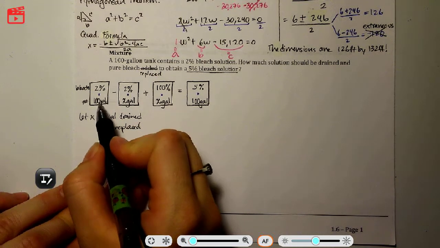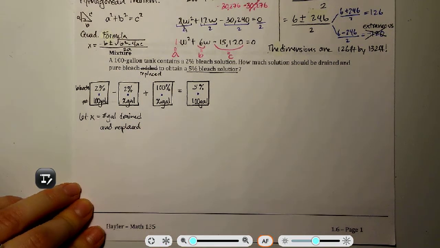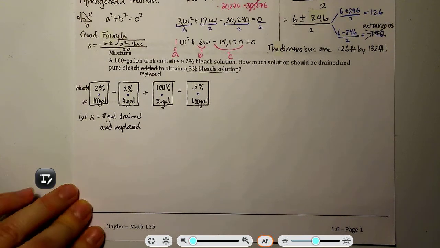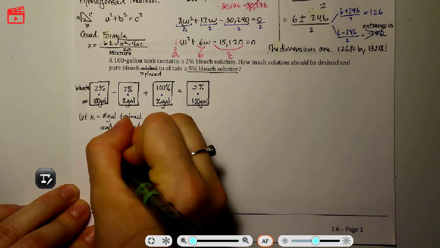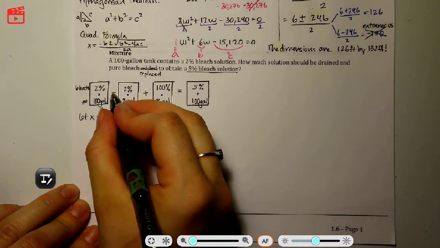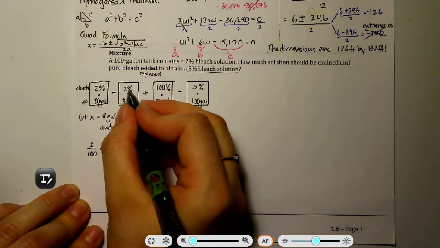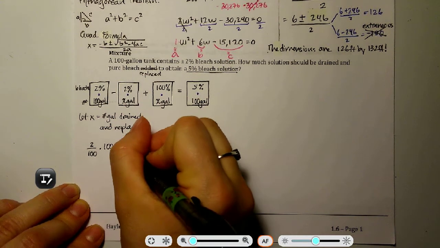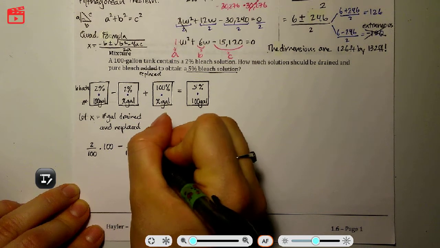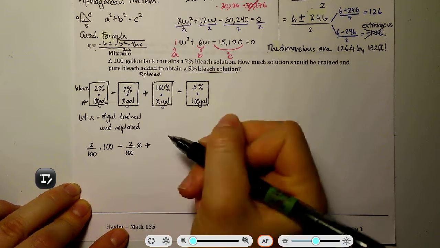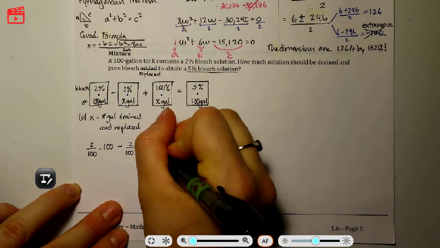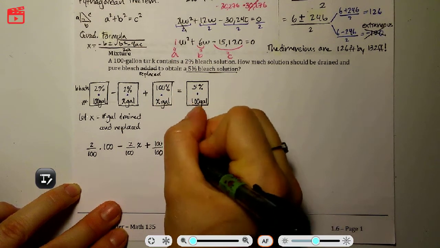2% times 100. Okay, you have to be careful though, because in an equation, we don't keep the percent symbol. So you either have to go decimal or fraction. I'm going to go ahead and go fraction. So 2 over 100 times 100 minus, there's that minus sign, 2% times x gallons. So I'm going to go with the fraction again, times x, plus, there's the plus sign I'm copying down, 100%, so 100 over 100, times x,